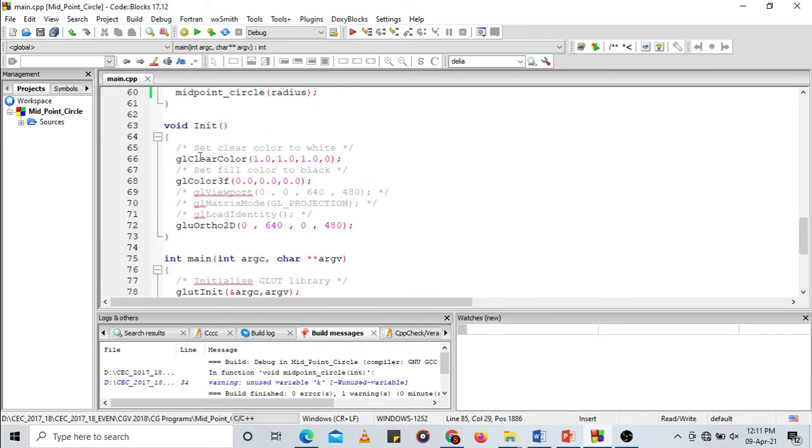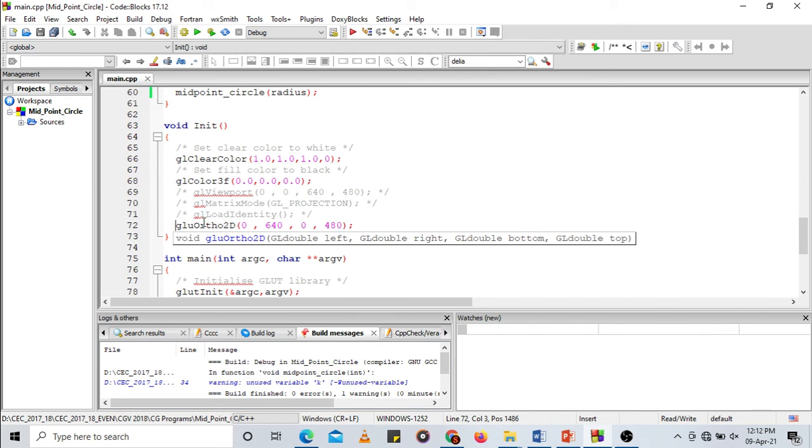In the init function, we invoke the glClearColor function to set the default background color to white. RGB values will be set to white. And then we select a color for drawing the circle as black, 0, 0, 0. You can select any color of your choice. And then we set the 2D orthogonal viewing volume to plot the points.